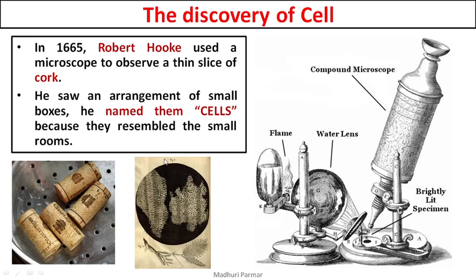The only difference between Robert Hooke and Antony van Leeuwenhoek is that Robert Hooke saw dead cells. In the wood from the cork, he saw cells that were already dead, with no nucleus or anything. While Antony van Leeuwenhoek saw living animal cells and even bacteria which were moving around. So he saw the live cells, while Robert Hooke, in this cork observation, saw dead cells.